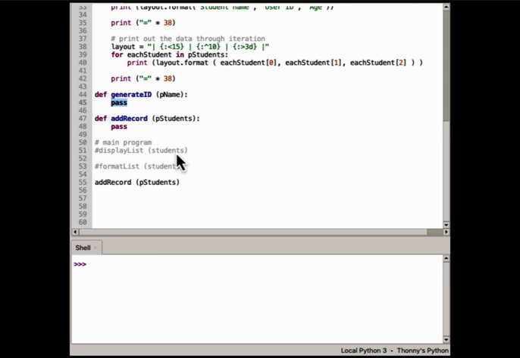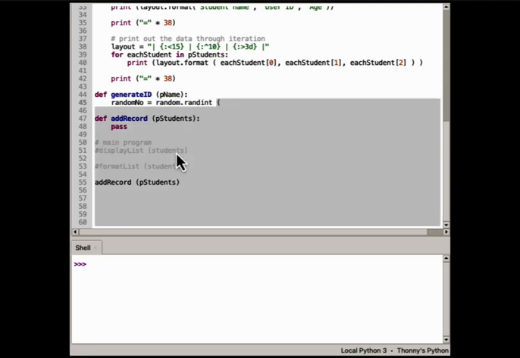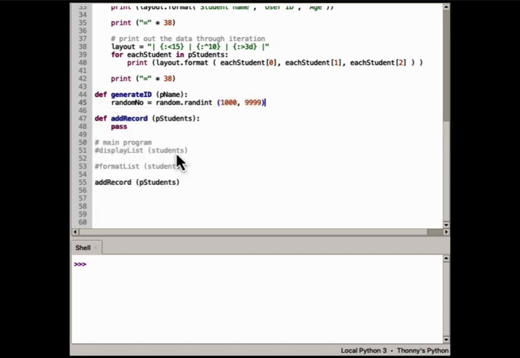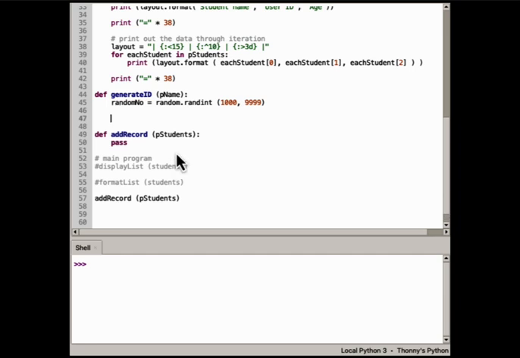So the first thing I'm going to do is get rid of that pass, and grab myself a random number. This is something you've seen a fair few times now. I'm going to make it between 1,000 and 9,099. And now I want to start to build up this ID. I'm going to do this in one go, but I'll explain it as I go. So new ID is going to be